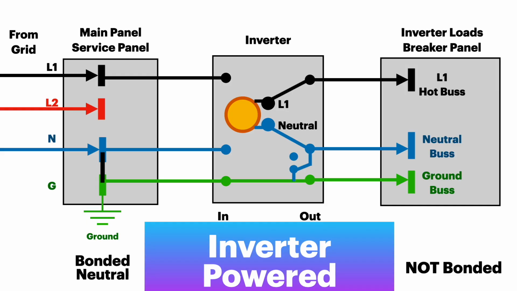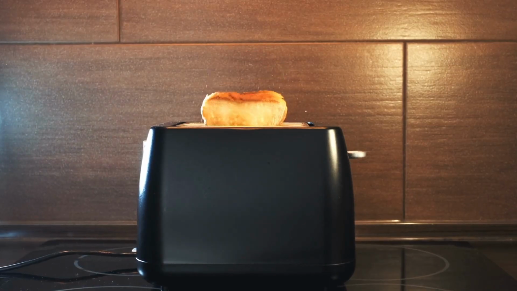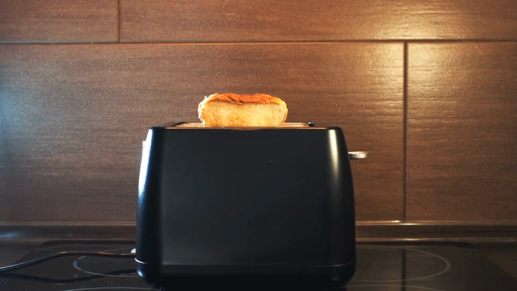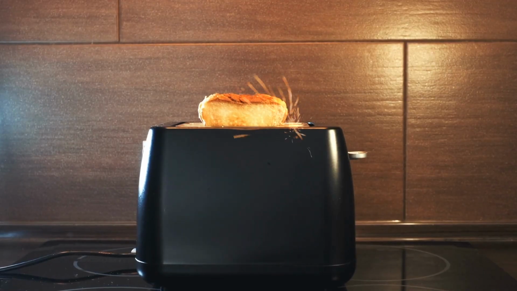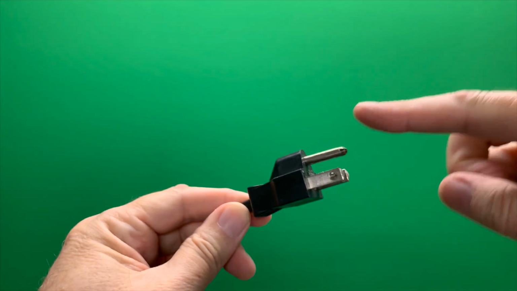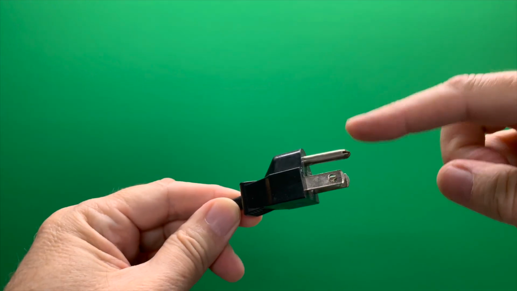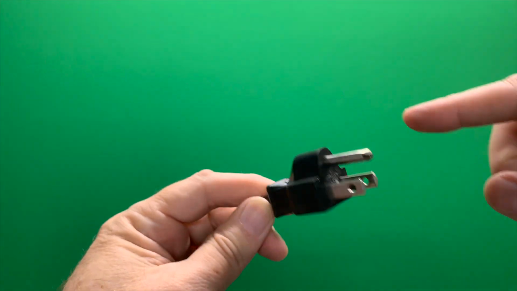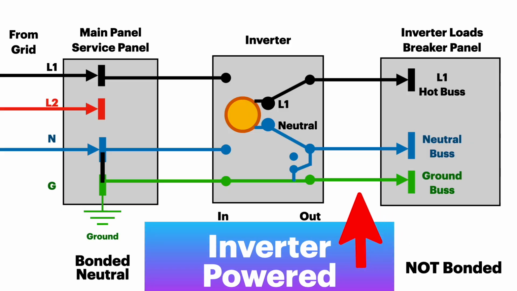Okay, so the electricity comes out the inverter circuit on line 1, comes over here to the inverter breaker panel, and then goes to whatever the load is. Let's say it's a toaster, and it has shorted out, or rather has a ground fault. So that line 1, the hot, is now touching the case of the toaster. So it's going to follow the equipment grounding conductor, or the ground wire, back down here to the ground bus,